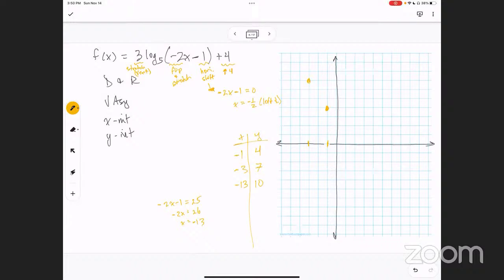So can you see what the shape would do? And then it's negative 13, comma 10. So you can see what the shape is doing. Where's it going to go to? The shape, which normally would have been this, has flipped. And also, what's the vertical asymptote? The vertical asymptote is